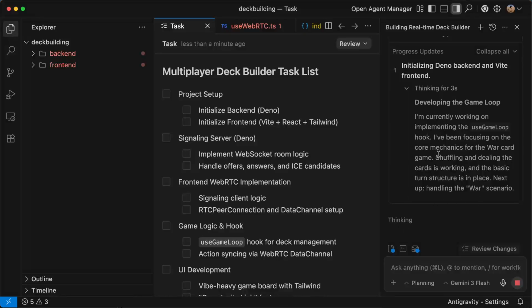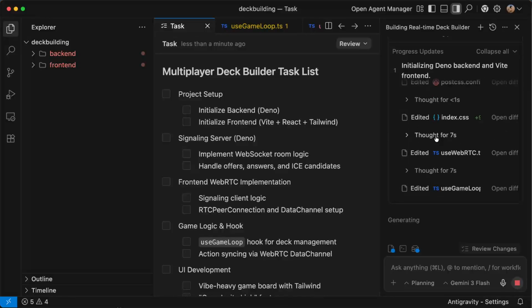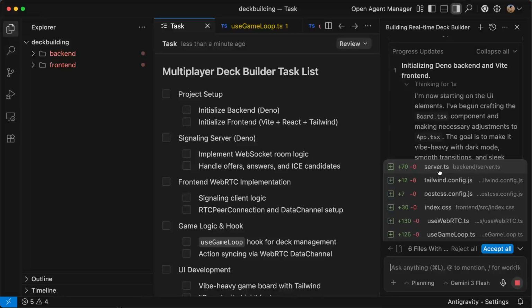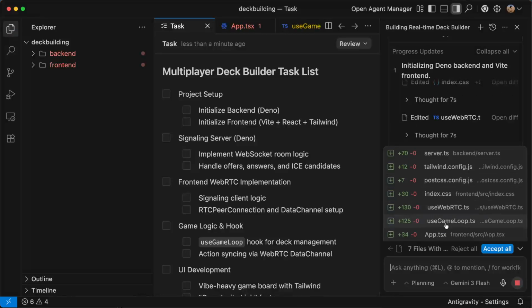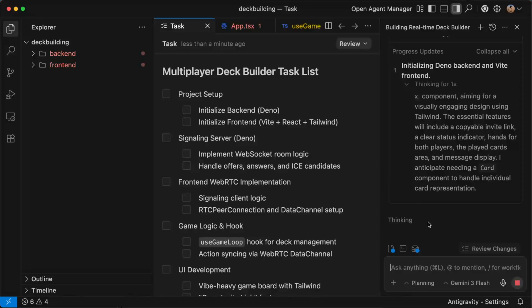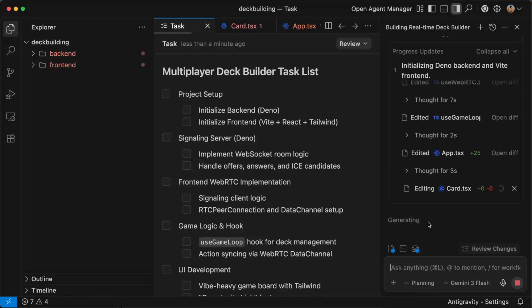You see again what he is doing, is thinking. I'm currently working on implementing the game loop. So he's implementing the game loop. But then you can go to each kind of change and try to understand it. Of course, in the beginning, he generates a lot of things.